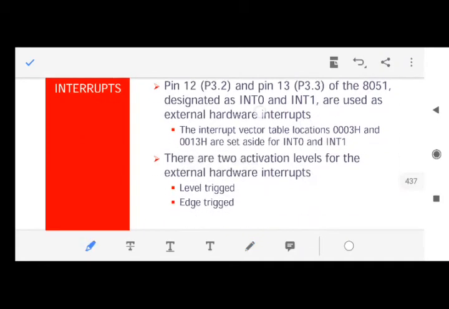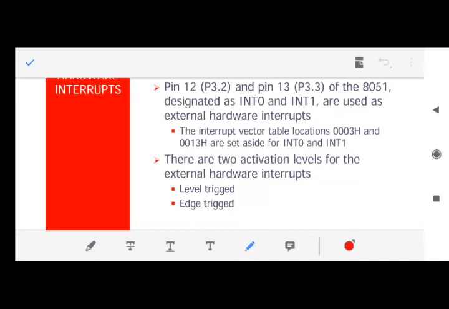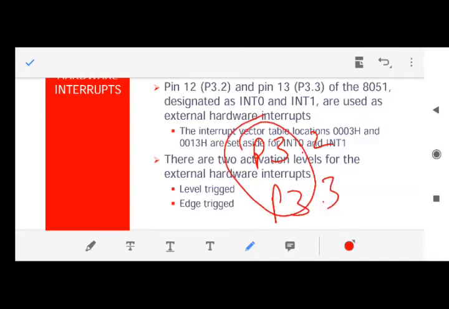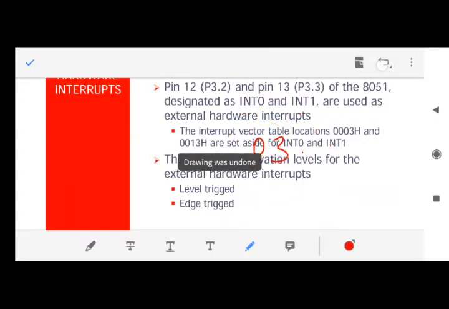The names are INT0 and INT1, where they are at pin number 2 of port 3 and pin number 3 of port 3. But port 3 is used as an input output port. Then why is it INT0 and INT1? Because port 3 serves for two purposes. It is used for getting data from the device to the 8051 and for taking data out of 8051, and also it is used for these purposes. Fine. I have already told you when I was explaining the pin diagram of 8051.